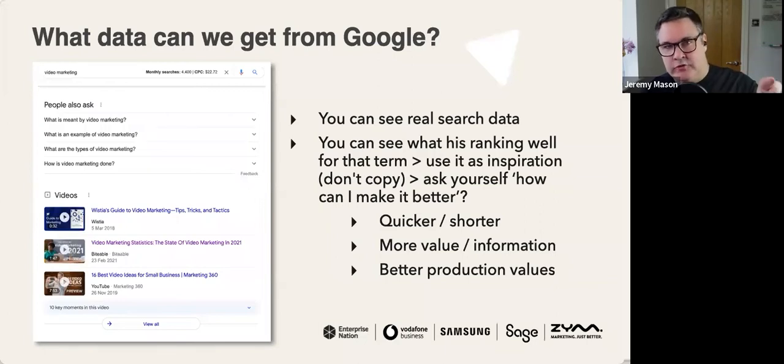And again, this is why YouTube is so powerful, because those videos that you see on the search return on the left-hand side there, those are things that, if you're putting stuff on YouTube and they rank for those particular search terms, that's where they'll be appearing on Google search return, and that's page 1 for video marketing. So Marketing 360, they created that video a long time ago, actually 3-4 years ago, and it's on page 1 of Google. Now just imagine how long and how much money you'd have to spend on SEO, search engine optimization, to get yourself on page 1 of Google for something that actually is a very, very wide search term. So I would suggest you go after those